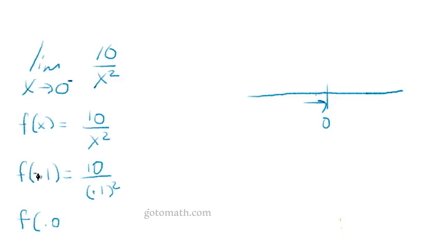Whoa, I noticed something. This should be a negative. Not that it's going to matter, because we have to square it and it'll always be positive in the bottom, but we don't want to leave that off. I almost made a mistake. There's a negative in there. Okay, what do we get? 10 over negative 0.01